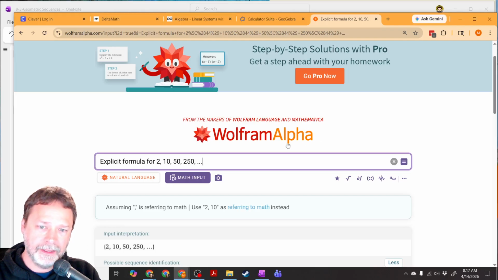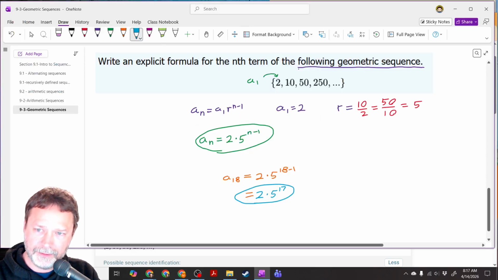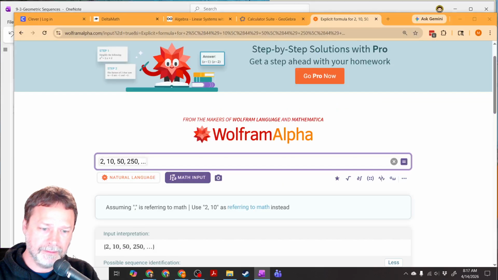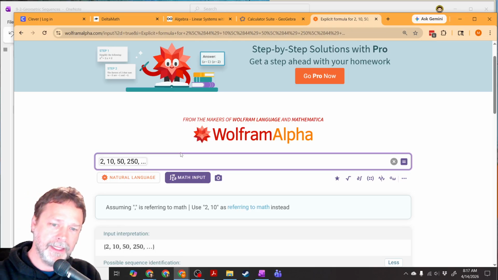wolframalpha.com is extremely good with sequences. And actually, I probably could have just plugged it in. So the sequence we did last was 2, 10, 50, 250, and so on. And with Wolfram Alpha, you stick a sequence in there, hit enter,